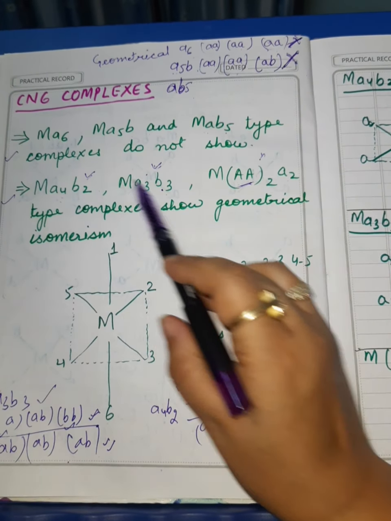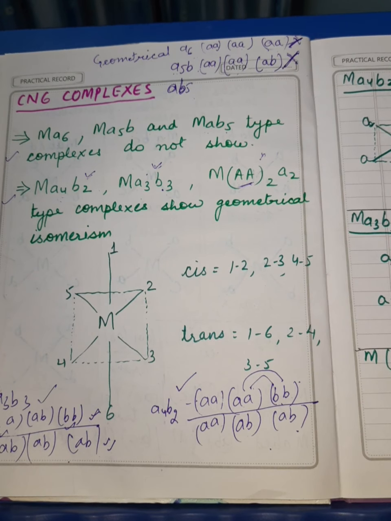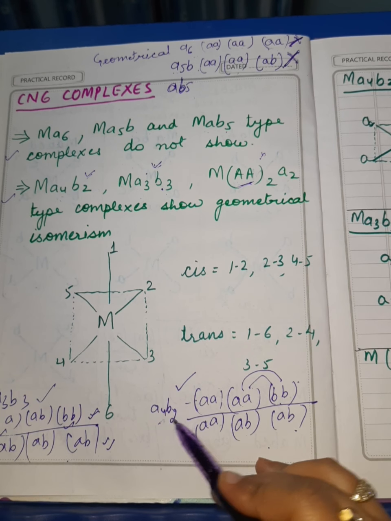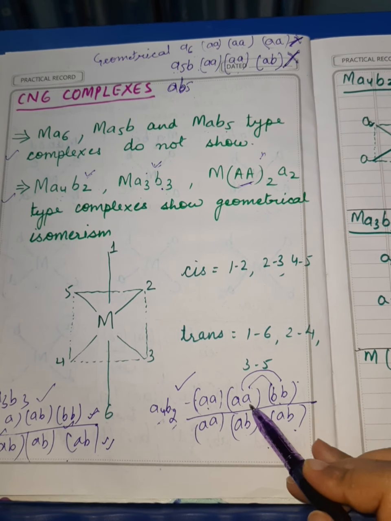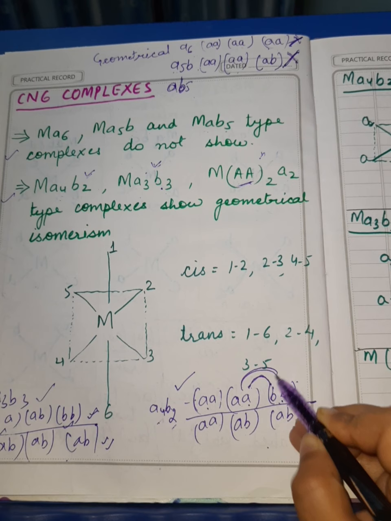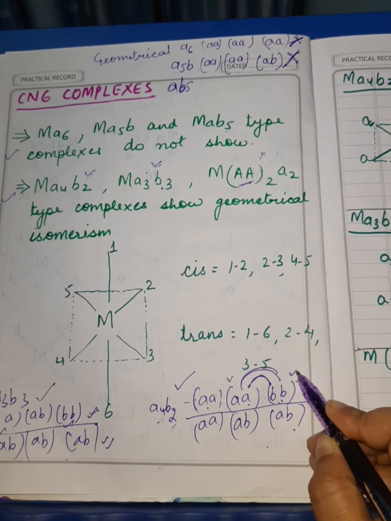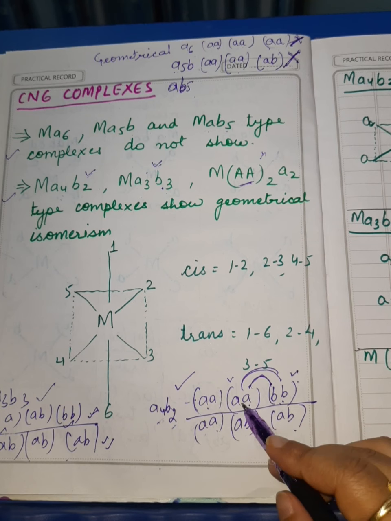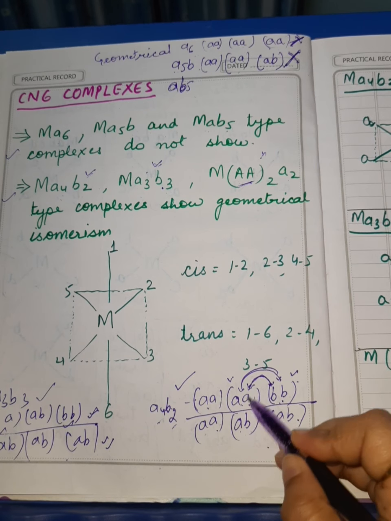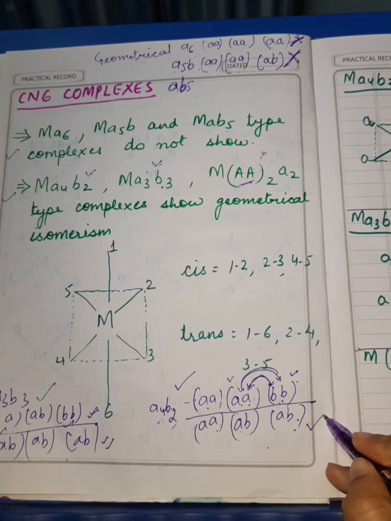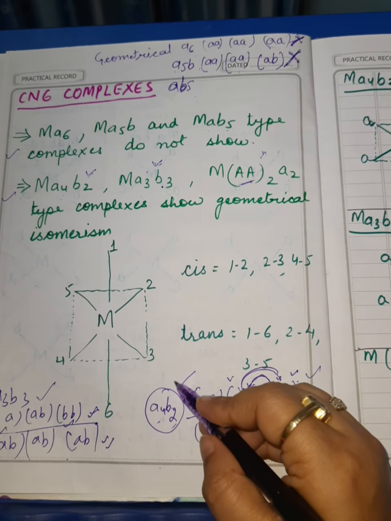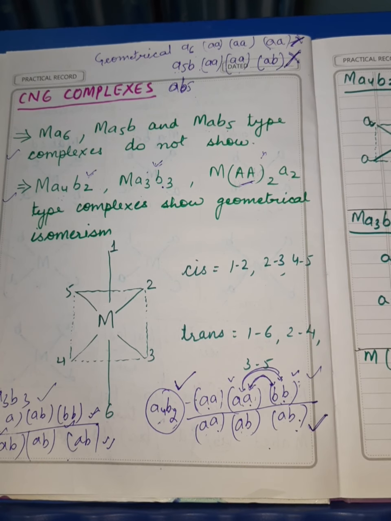Now coming on to A4B2 and A3B3, we'll apply the trick here. When I say A4B2, I'll make 3 pairs, 4 A ligands and 2 B ligands. So first pair is AA, second pair is AA, third pair will be BB. If I flip the position of the ligands between these pairs, first will be AA, now this will become AB and this will become AB. So on interchanging the ligands between the pairs, I get a different arrangement. That means A4B2 can have 2 geometrical arrangements. So it shows geometrical isomers, and 2 are possible.